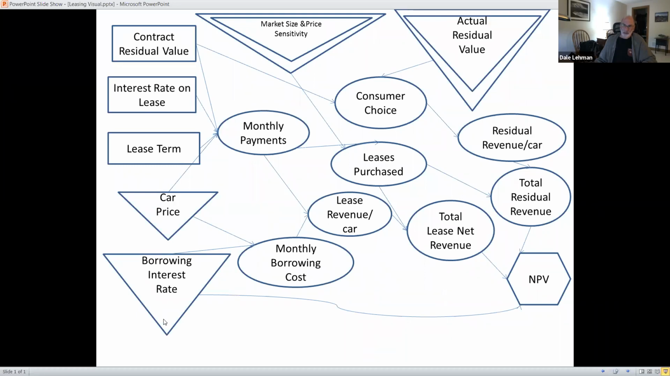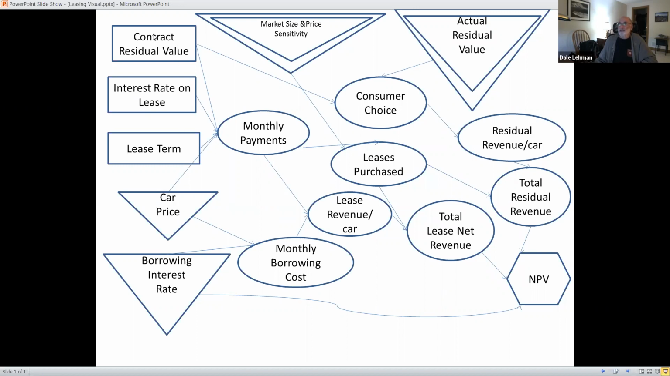And that interest rate for borrowing it is beyond our control. That's just given from the marketplace. So that's an external parameter. That's why the triangle. But if we know the car price and we know the,